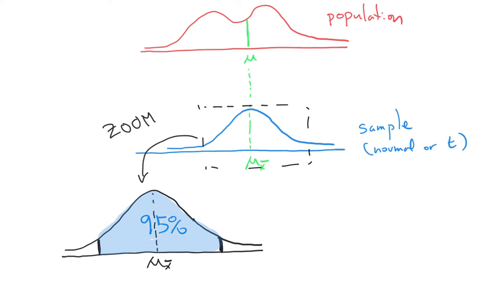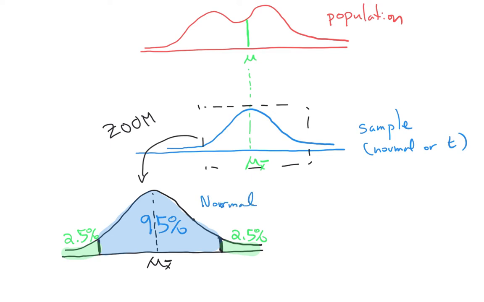And remember, the sampling distribution is symmetric in both the normal and t case, so I know the other 5% must be split up evenly on the other two sides. So this here is 2.5%, and so is this. This is also 2.5%. And let's say that this indeed is a normal distribution. If it was a t-distribution, we'd just use the t-table.